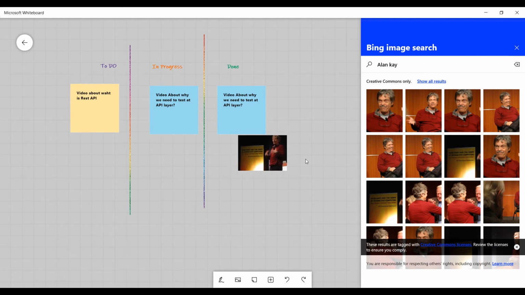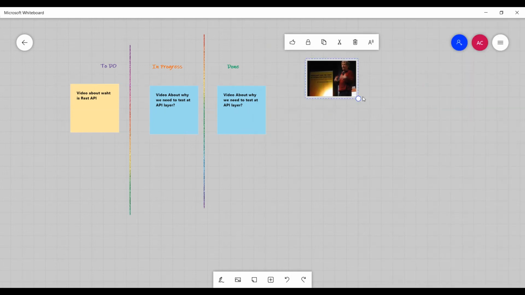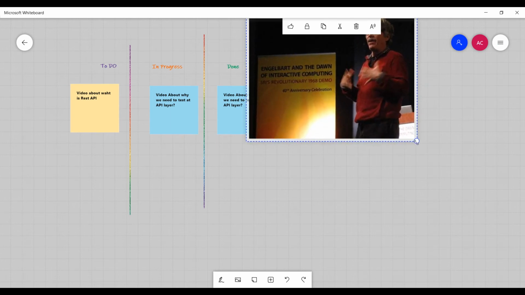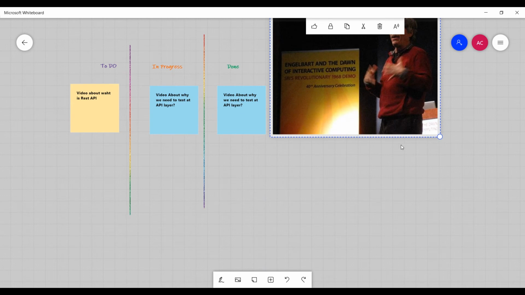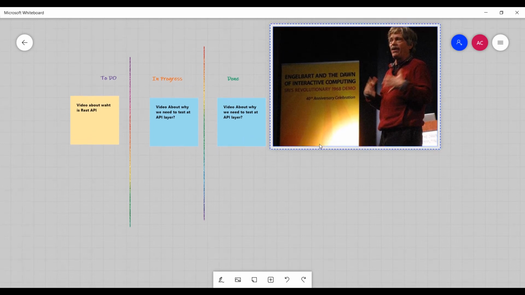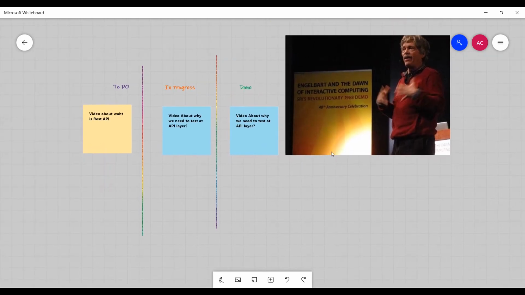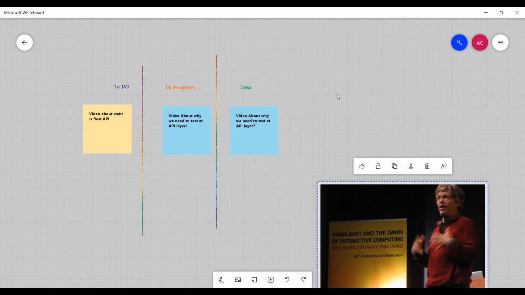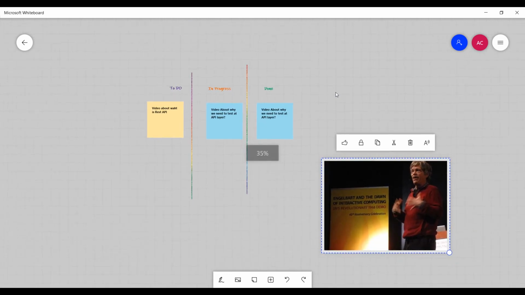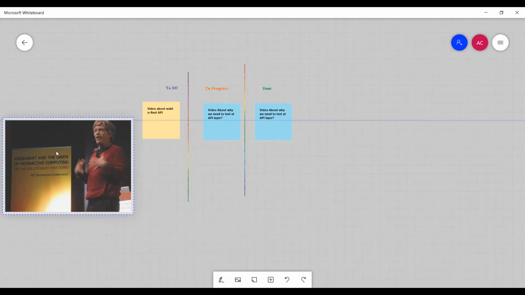And you can see I tried to search for my favorite person, Alan Kay, who has made significant contributions to object-oriented programming. He is speaking, and I was able to add the image without any fuss. I can lock it so that the image gets used as a background and I won't be able to move it. I can enable it again, and if I am not happy with this location, I can change it. As I mentioned earlier, it's a free canvas. I can just zoom in, zoom out, and keep it where I want it.